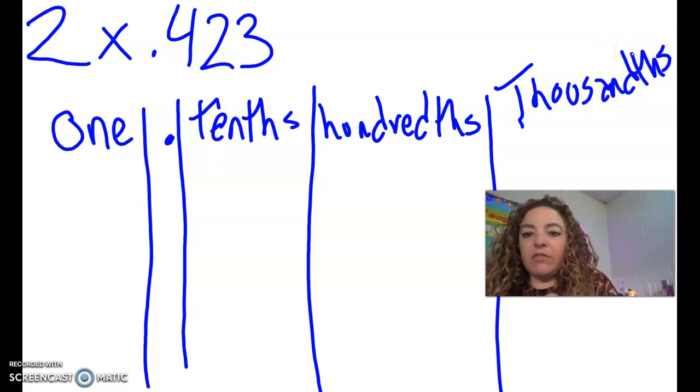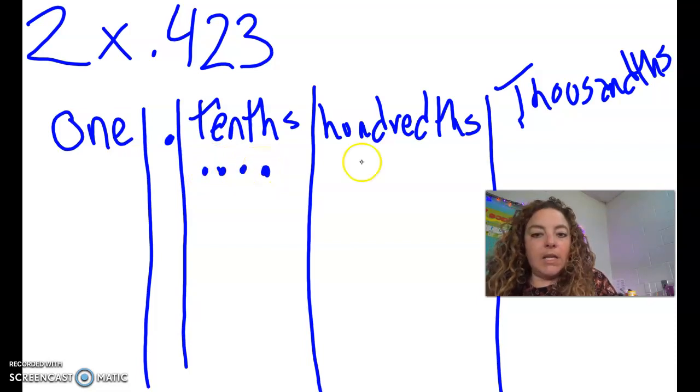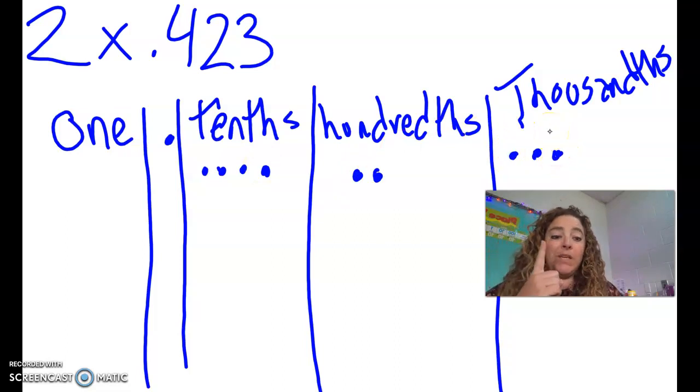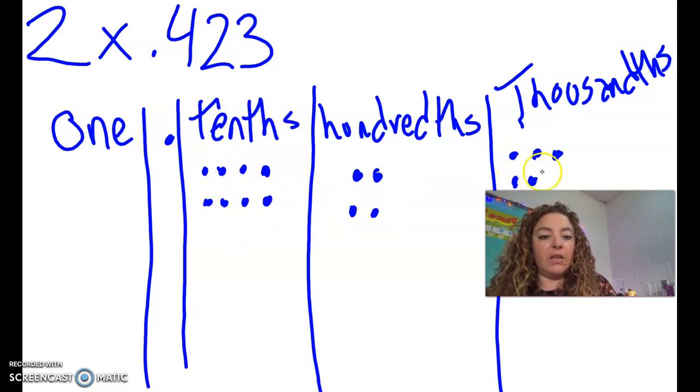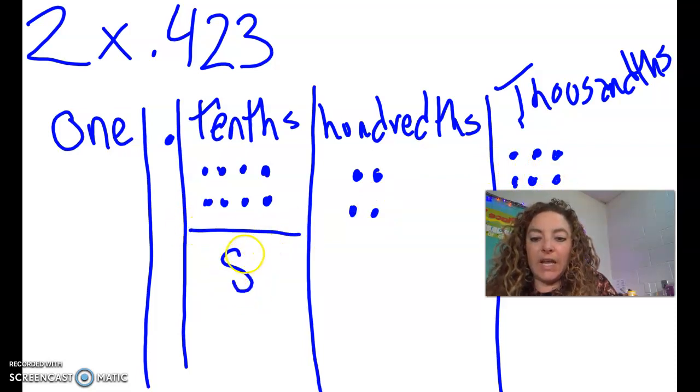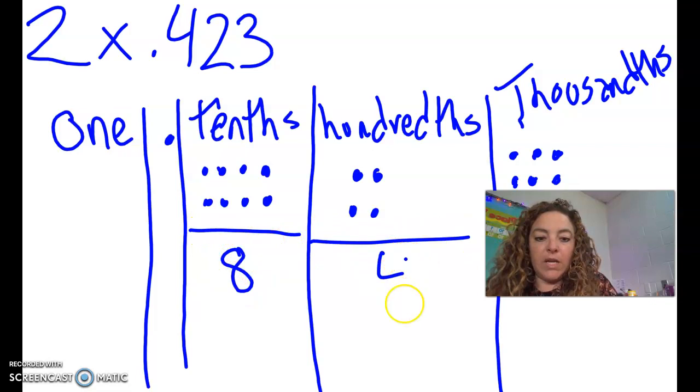Okay, so if we have 2 copies of this number, in the tenths place value we have 4, and in the hundredths place value we have 2, and in the thousandths we have 3. Okay, well, I'm just right now showing 1 copy. And it says we have 2 copies of that. So I need to copy down this exact same thing again. So 4/10, 2 hundredths, and 3 thousandths. Okay? Then when we go to add these, I get 8 here, 4 here,